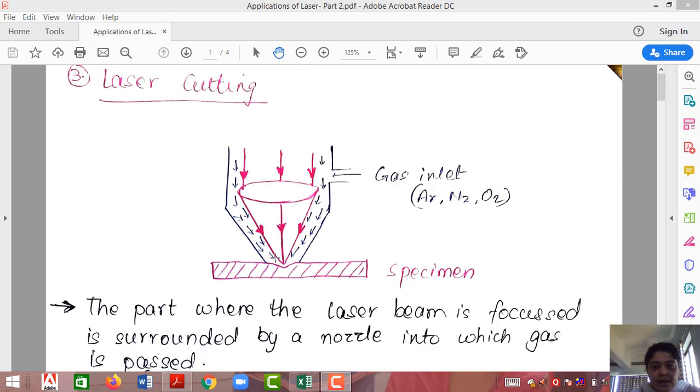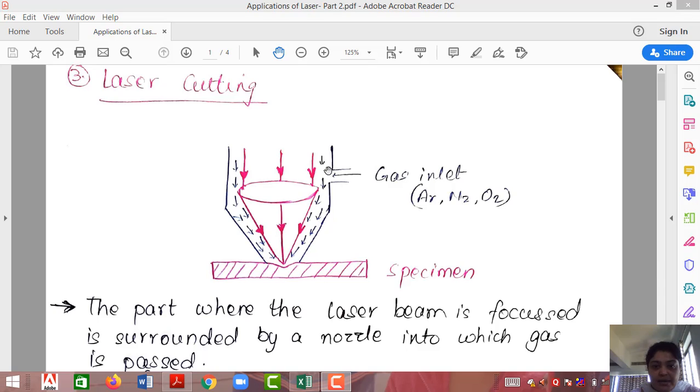See, melting a material using laser or welding a material using laser will only require to melt the surface because we need to join the two metals or we need to even the surface. But if you want to cut or drill a hole, the use of laser will be consumed more. So you need more energy.